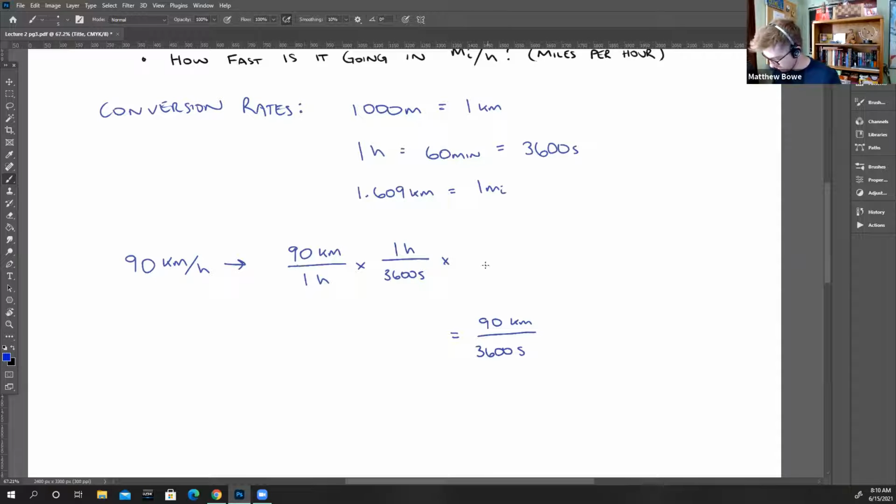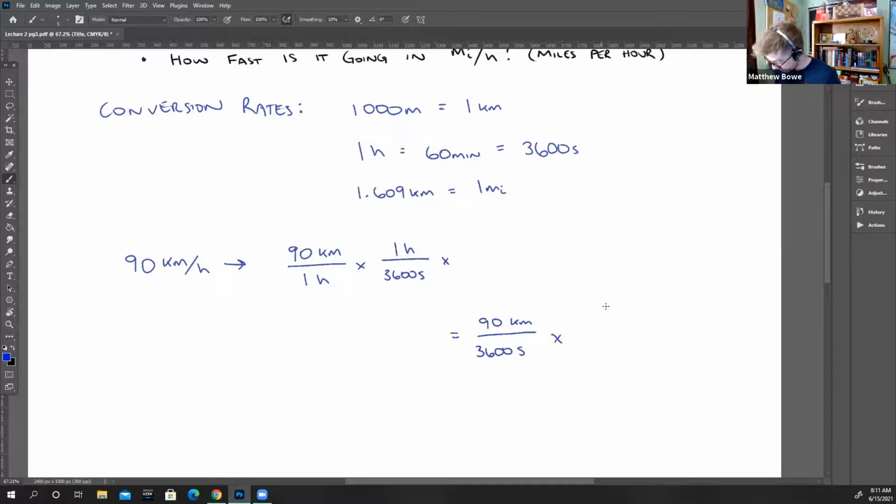So if we did all of the steps at once, it would be multiplying by the next conversion rate. So we have this 90 kilometers over seconds. So we have kilometers per second. We need to convert it to meters per second. So I'm going to be working on this one down here. The conversion rate I'm going to be using now is,